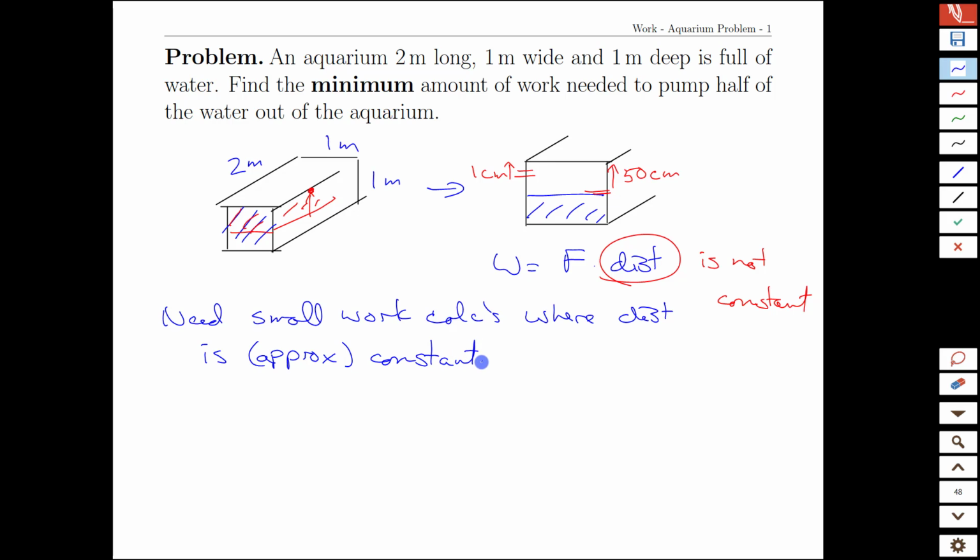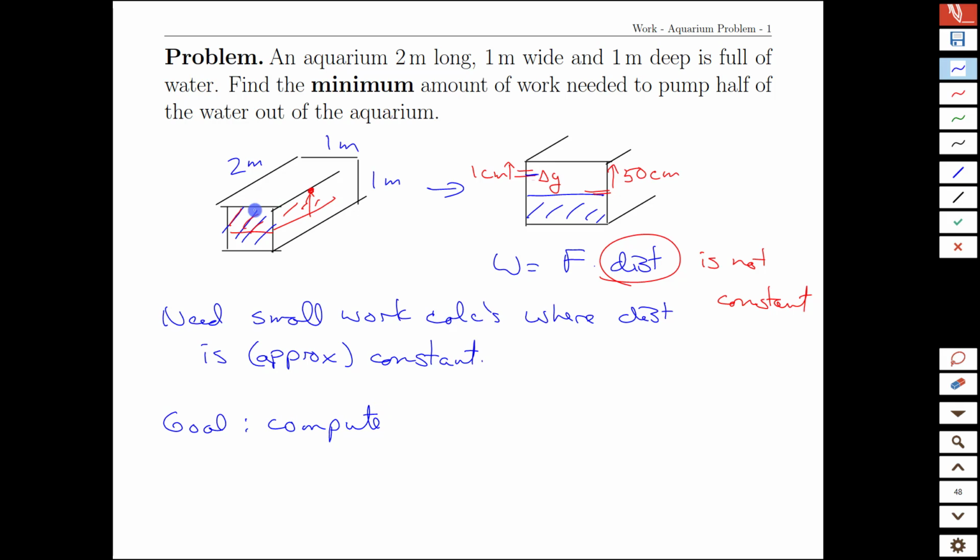Well, how can we do that? If we take a look at all the water that we're lifting, in fact, going back to this diagram, we can see it. All of the water in this little slab here is going to be lifted roughly the same amount. What would be a good name for that slab of water? Well, we're going vertically, so how about delta y? So our goal now is to compute